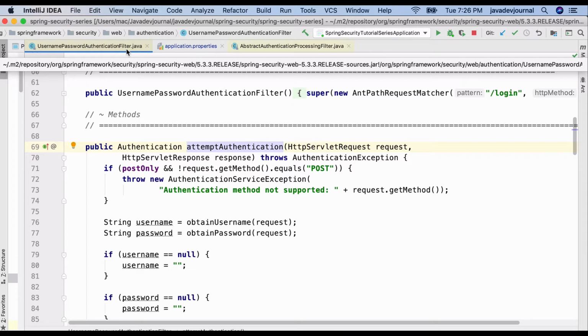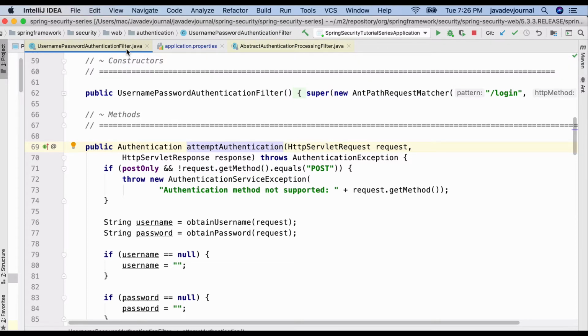Now this method is going to do certain things for us, and I will keep pointing to the last chapter or tutorial. If you haven't watched that one, I highly recommend that you go back and complete that tutorial. In the last one, while I was explaining the login page, I specifically said that there is a requirement from Spring Security that if you want to use the out of the box security workflow, your username field should have the name username and password field should have the name password, right?